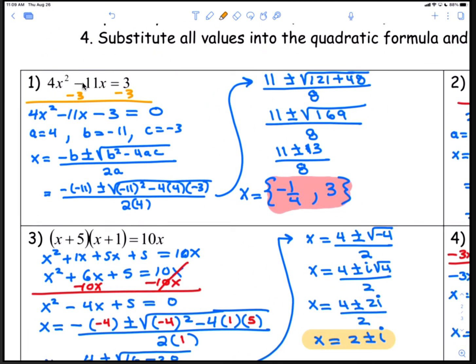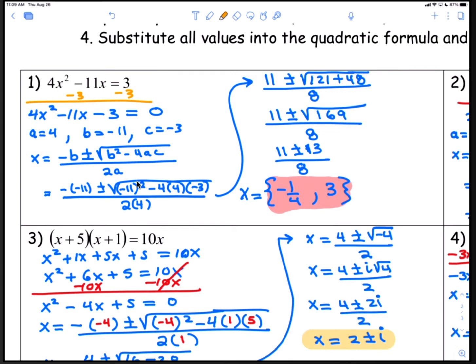We have 4x squared minus 11x equals 3. We'll need to move the 3 over to the left side, so we subtract 3 from both sides. And we get 4x squared minus 11x minus 3 equals 0. We identify a, b, and c as 4, negative 11, and negative 3 respectively. The quadratic formula is written down, and then we simply substitute the a, b, and c values into the formula,